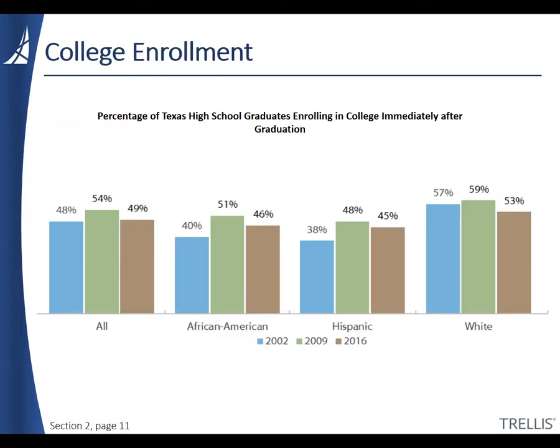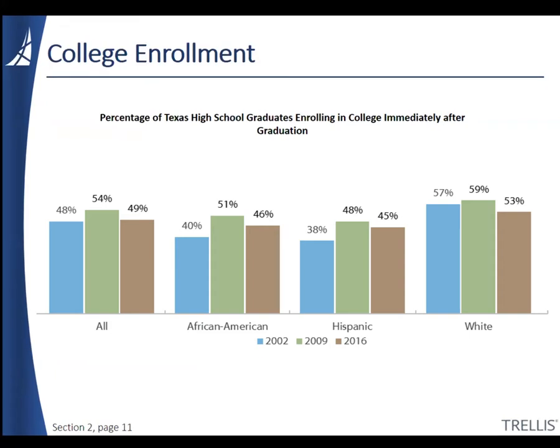Looking at high school graduates, we observe a gap in immediate college enrollment between different race and ethnicity groups. The percentage of white high school graduates who enroll in college the following fall still far exceeds the percentage of non-white graduates. However, this gap is closing. The gap for Hispanic students shrank to 8 percentage points by 2016, due both to rising college enrollment rates among Hispanic students and falling rates among white students. A similar trend is seen comparing African American students to white students.